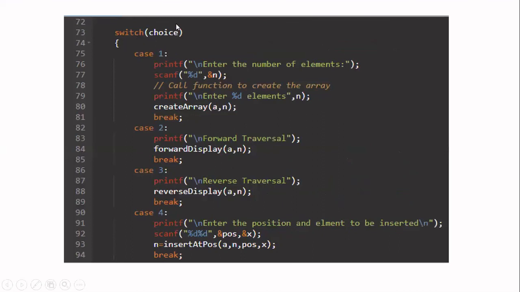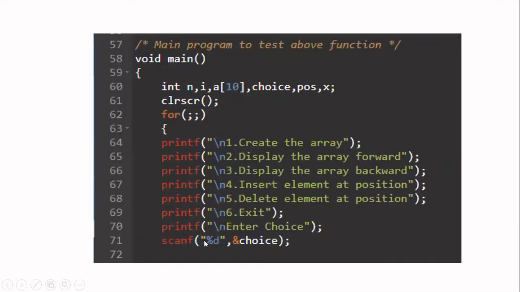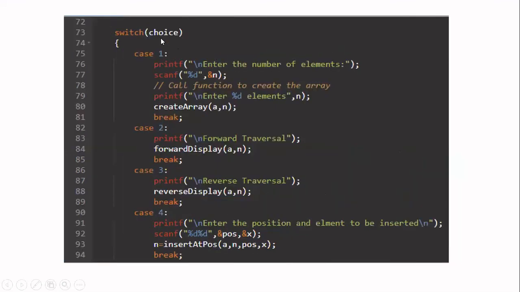To the switch case, you have to pass where your option is available. From the previous step, I got the option from the user and stored it in choice. Now that you have to pass as an argument to the switch. Okay, now we are going to write all the cases one by one. First, you know that switch is a keyword. We have to use the keyword case. Then we have to give what is the option available. The options I have displayed in the previous slide, starting from 1 up to 6. So you write them one by one. So case, write space, then 1, put colon.